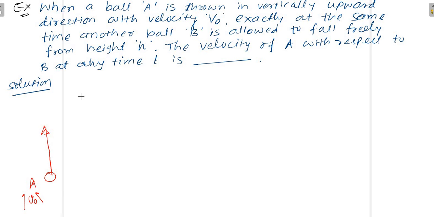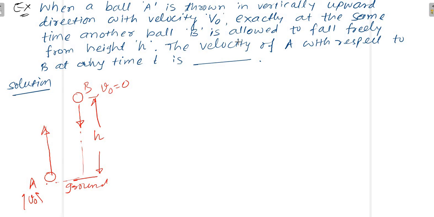And at the same instant, another ball is allowed to, so this is ball B, which is allowed to fall freely. So obviously when it is allowed to fall freely, its initial velocity is 0. And it is allowed to fall freely from the, let us say this is the ground. And this height is given as h,